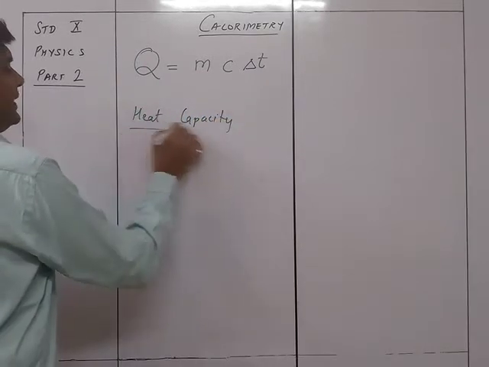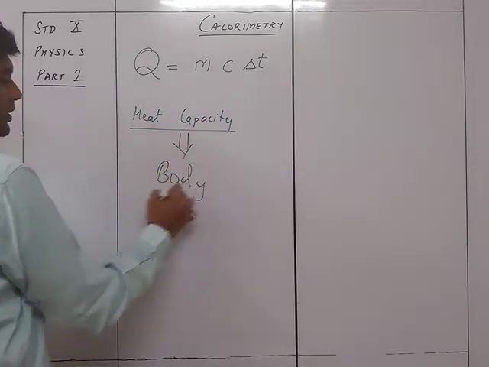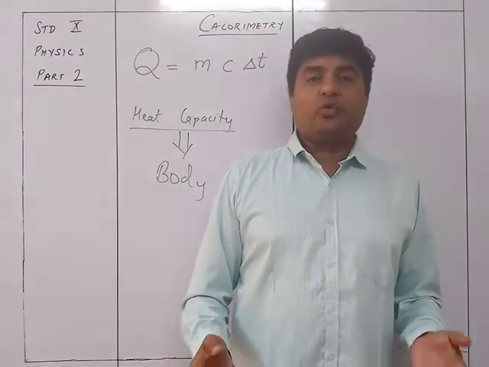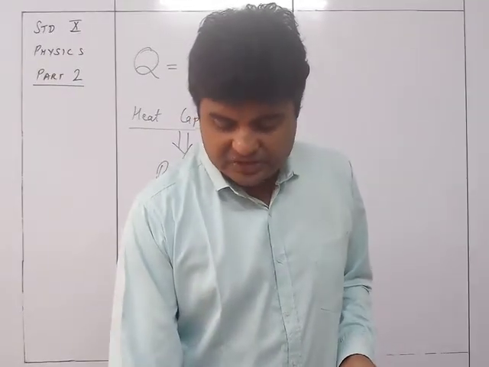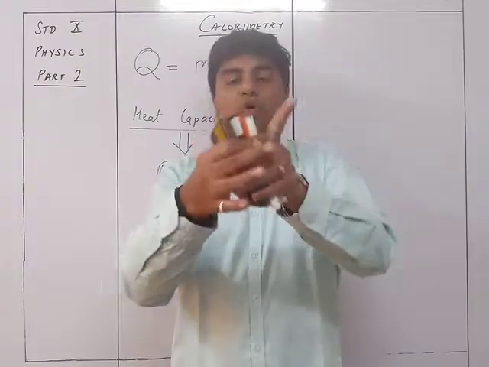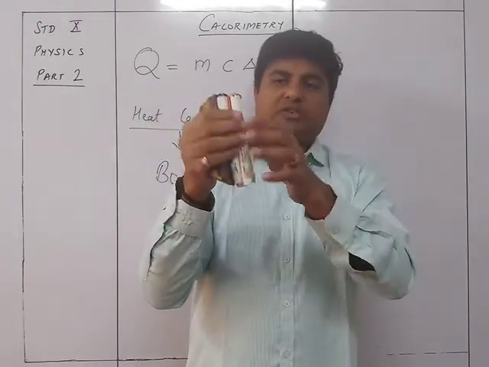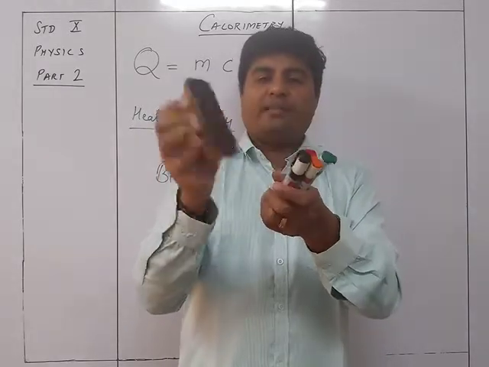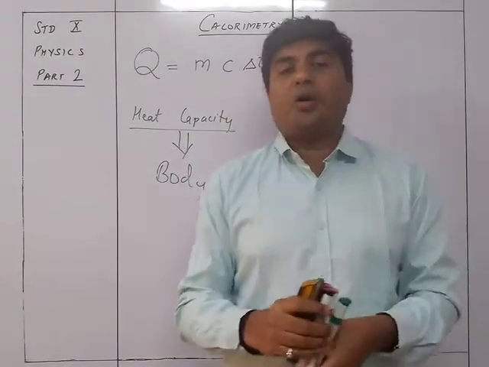Now the main thing over here is that this is related to a body. We are talking about a body. Now the body can be made up of a single material, or it could have multiple things inside. Like for example, if I take this group here, I have some pens and a duster. The pens are made of plastic, and then there are inner things like the tips and everything which are made up of another material. The duster is made up of wood, plus this particular wiping part. So everything over here has a different amount of heat capacity.